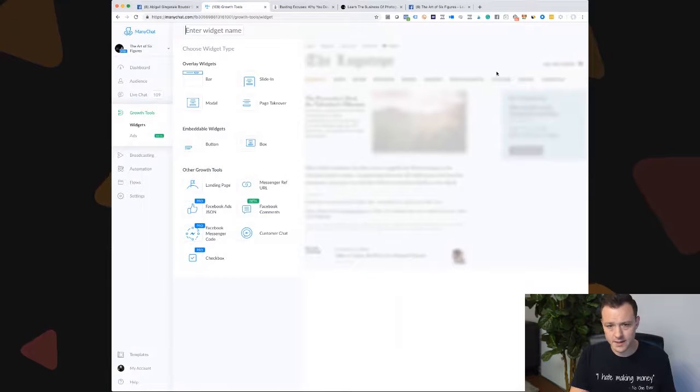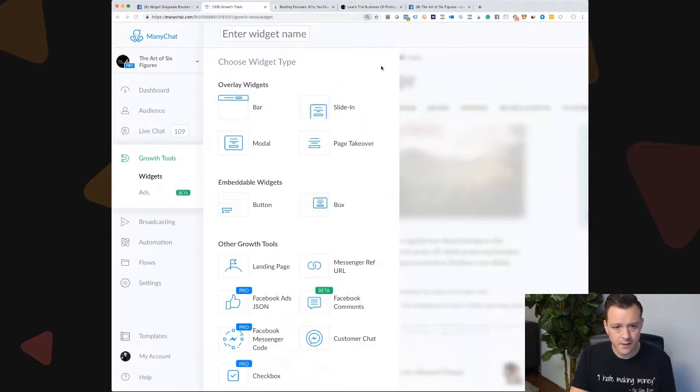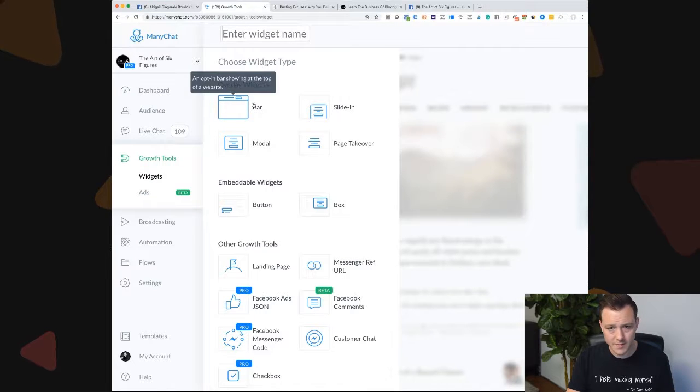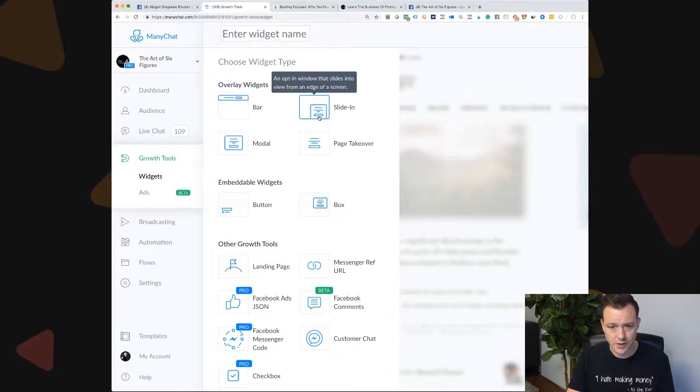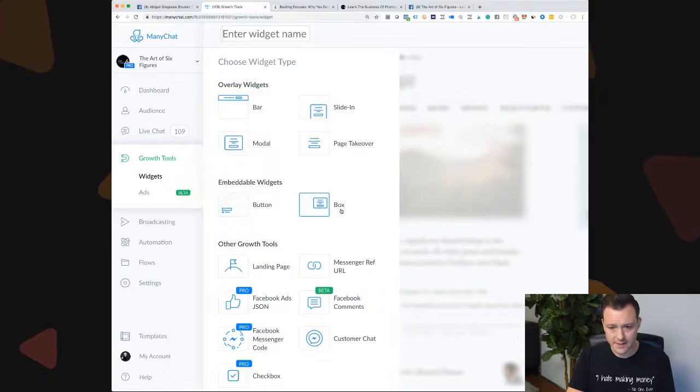So this is the ManyChat software that you're looking at here. Let me see if I can zoom in a little bit so you guys can see it a little better. Okay, so these are all the different things you can do with a chatbot. You can have a little bar right here that comes down from the top of your website. You can have a slide in like I just showed you, complete page takeovers, modals, buttons, boxes, and then down